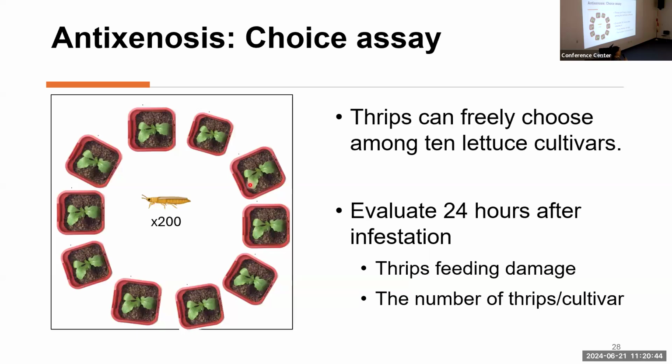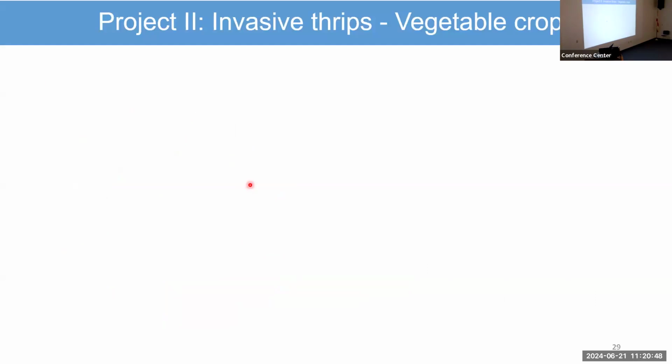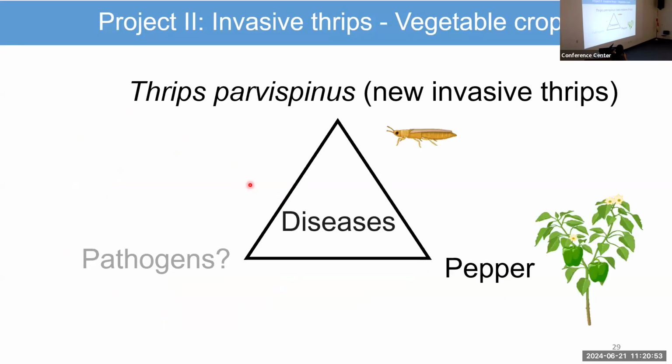Okay, thank you, Yavan, for your presentation. So the next project is invasive thrips on vegetable crops. So in this system, we have this